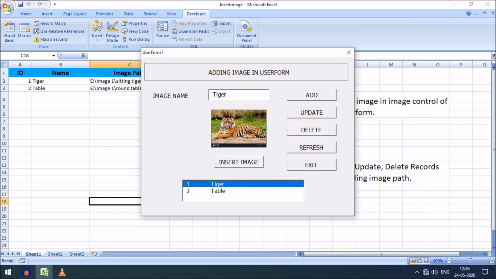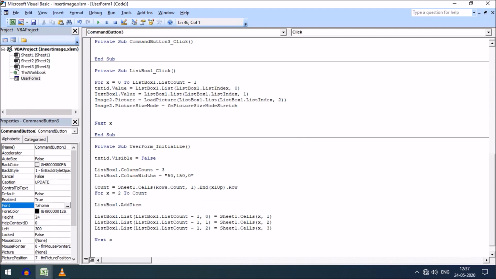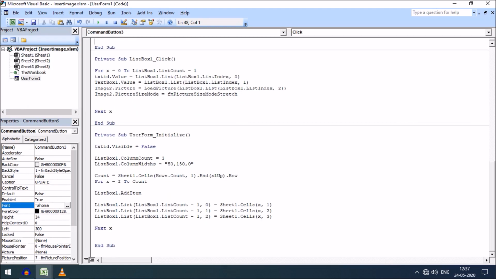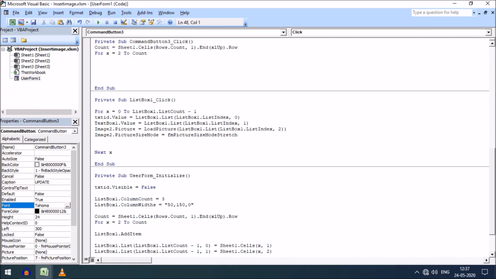matching with this database. So now I want to write code for updation. To update this, friends, I want this code. I want to count the total number of rows in Sheet1, and here I want an if condition: if Sheet1.Cells(x, 1) equal to the value of txtID.Value, then